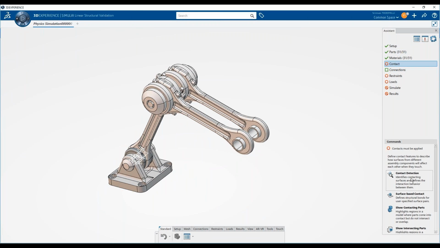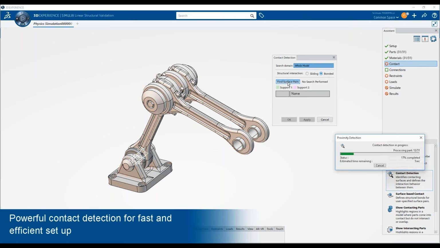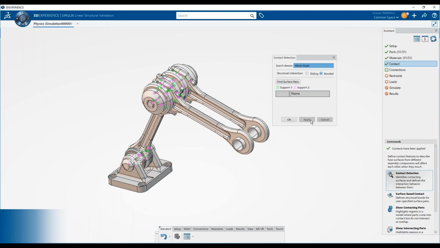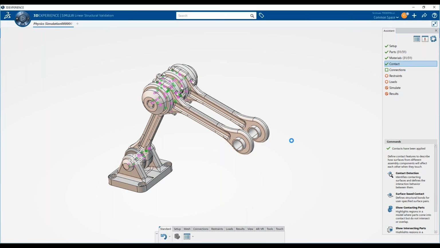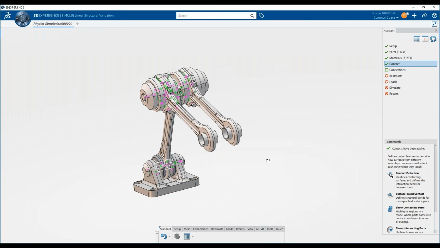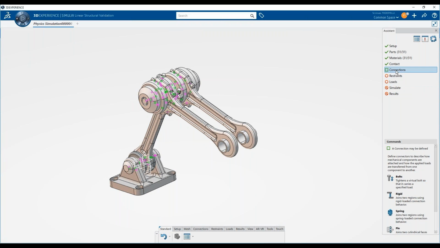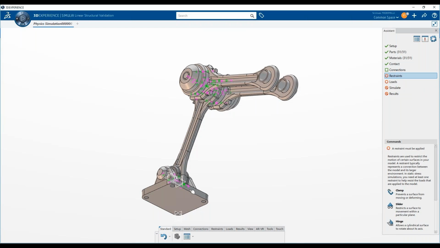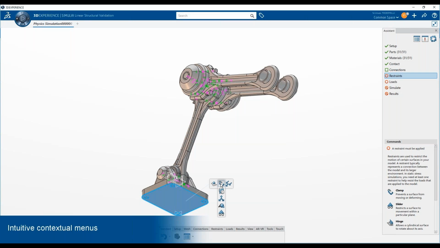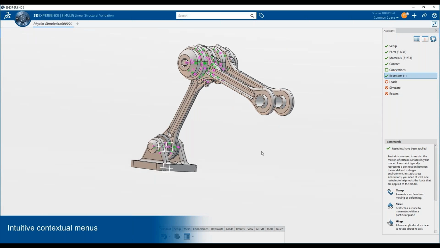So you see on the right part that the part is okay, the material is okay, it is the same material as for the design. You specify a surface-based contact. It's automatic. You don't have to select each surface in order to verify whether they are in contact or not. You select the connections that are the same as in CATIA in 3D Experience, for example.